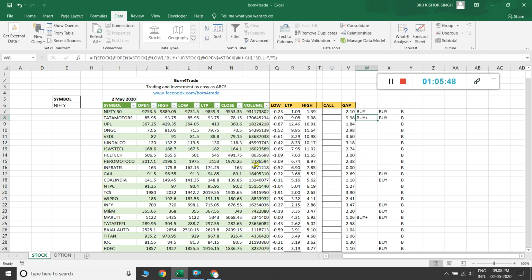Then I click the yes button and it is corrected. So now just draw this formula into this section.